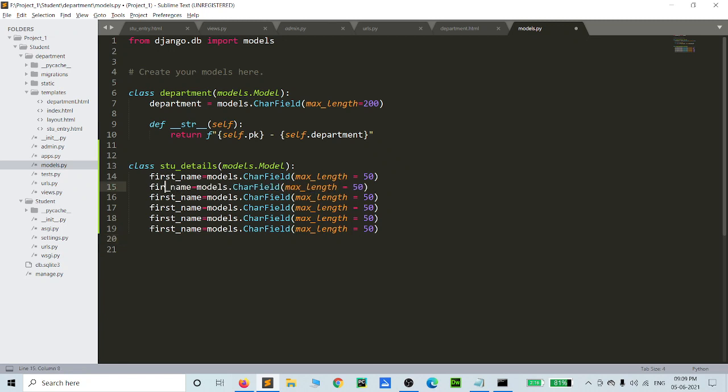The second one is last name, and the third one is date of birth. Here for date of birth we ask for a date field, so DateField.